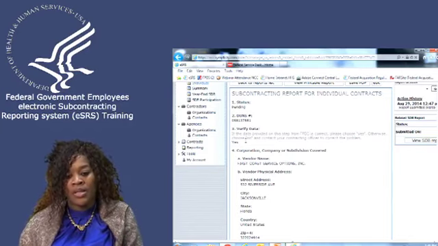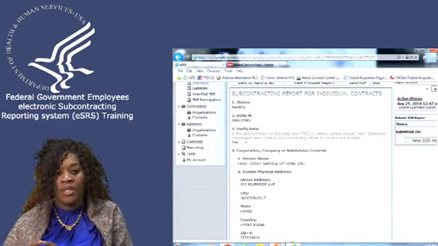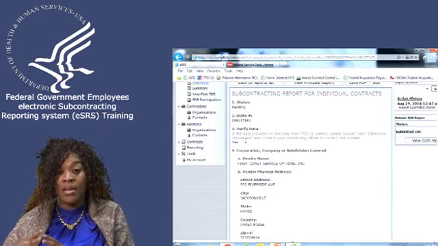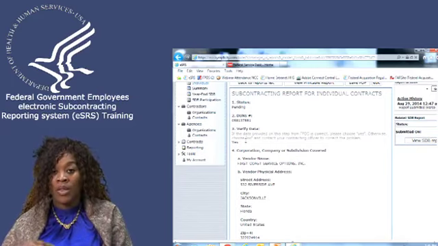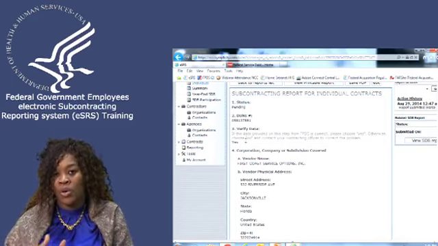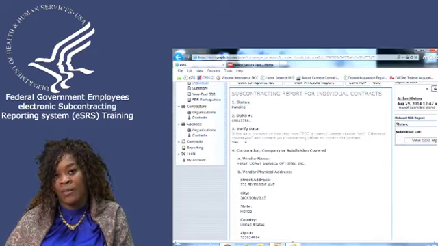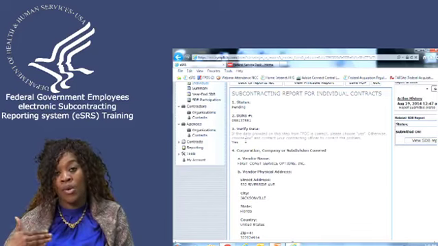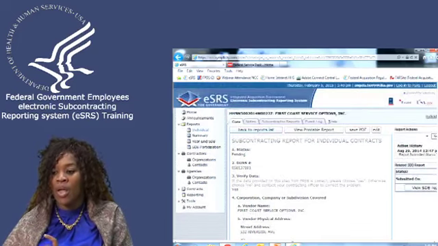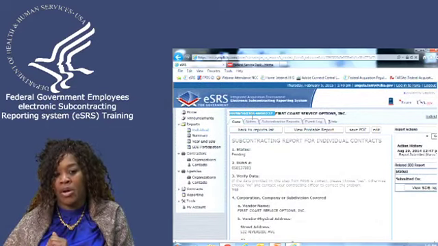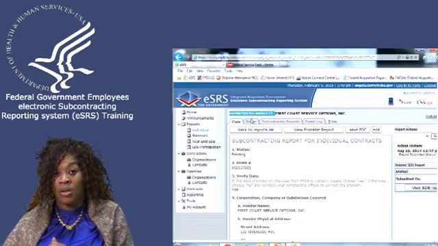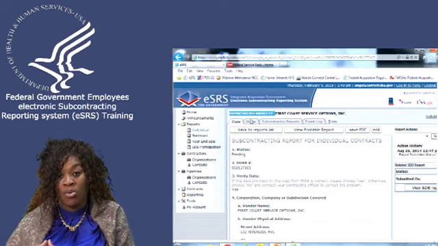In the beginning, when we started eSRS, we had many problems because the contracting officer is responsible for putting this data in FPDS-NG and then clicking a button that states the subcontracting plan is due. When the contracting officer does that, it flows data over to eSRS, which allows the contractor then to view their contract to report. As I stated before, the ISRs are specific to a contract, and this is the contract number. So when a contracting officer is going in to review reports, they should have a listing of each contract that a report is due on.